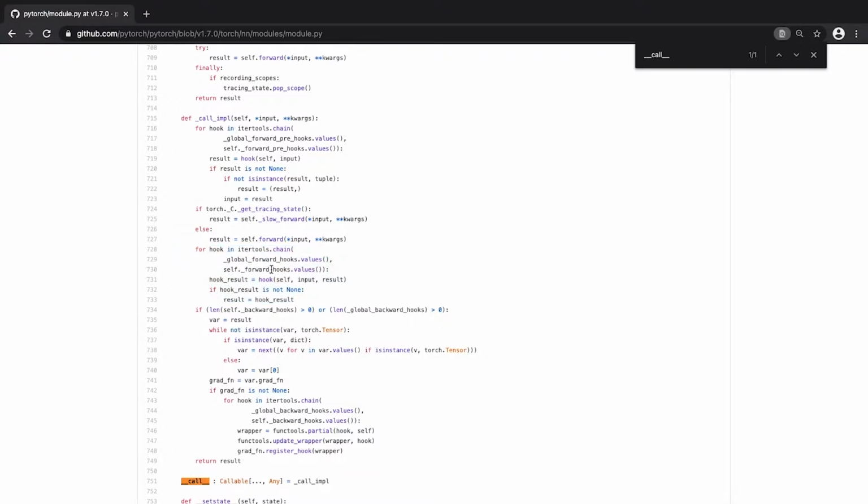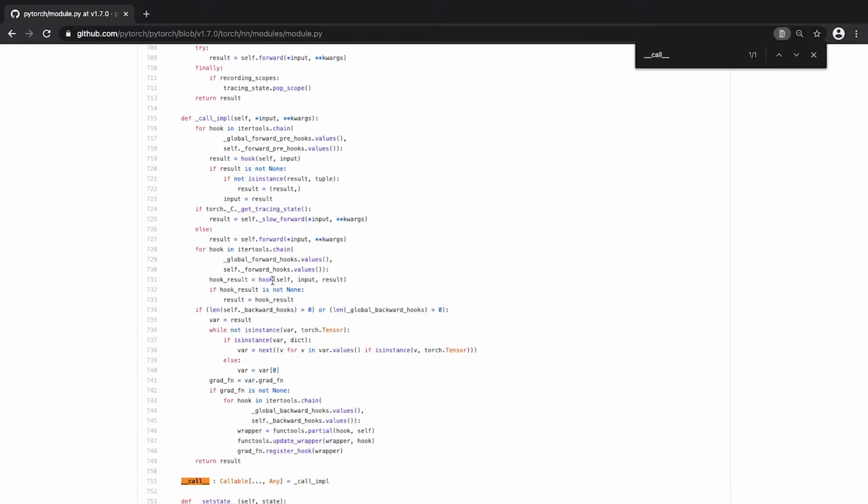So what it does is that it iterates one by one through our forward hooks that we have registered, and it then calls them. And what's really important is that you can see that it has three parameters. One is the self, which is the module itself, then it's the input, and then it's the result of the forward pass, okay, here. What's really important is that if it's actually not None, we redefine the previous result with whatever the hook outputted, right?